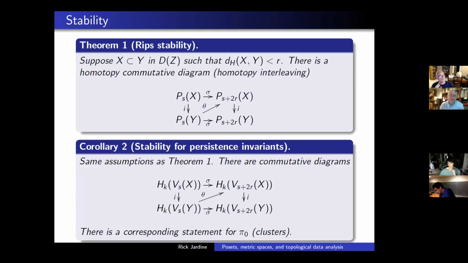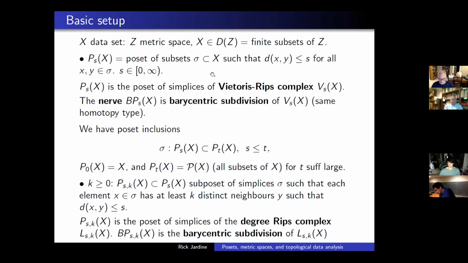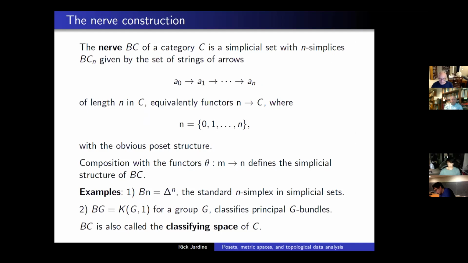So the Rips stability theorem says the following: if you have an inclusion of finite data sets inside some ambient metric space, such that the Hausdorff distance d_H between X and Y is less than r. In other words, if every element y of Y has a point x in X such that the distance between x and y is less than r, if that's true, okay,